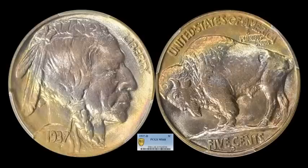And that you don't have to search out some of those rarities from the teens and 20s to hit it big. This coin looks like it came out of an old album or holder of some sort. It's a 1937D. It's not a three-legged buffalo, as you would expect for this date, and that's not the reason why it's on here. This is truly for a typeset or a registry set. It's only going to serve two different purposes, maybe as an investment piece, but this is a beautifully toned specimen here as a mint state 68 through PCGS, and this one sold for